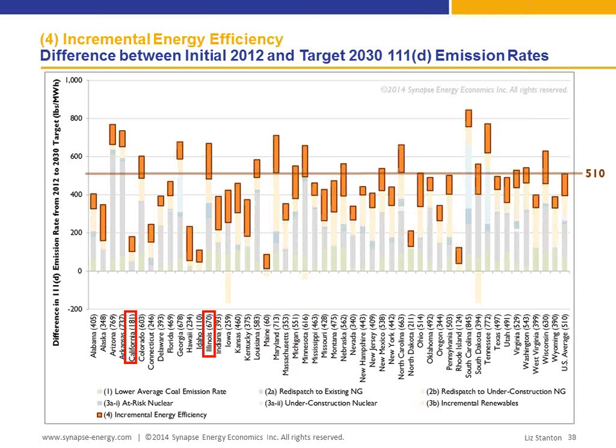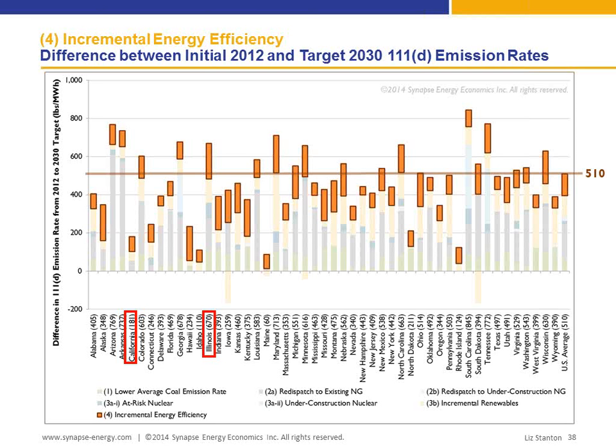The final building block, number 4, is the orange blocks that you see here, and this is the energy efficiency. By the time we get out to 2030, the cumulative energy efficiency targets, in terms of the percentage of sales that we're looking for a reduction in, are all very similar between states, between 9 and 11%. So that's not what's making the difference. It's more a difference in the other things that are going on in the state, and I'll show how that works in a second. I wanted to pick out, to explain this a little bit, the example of California and